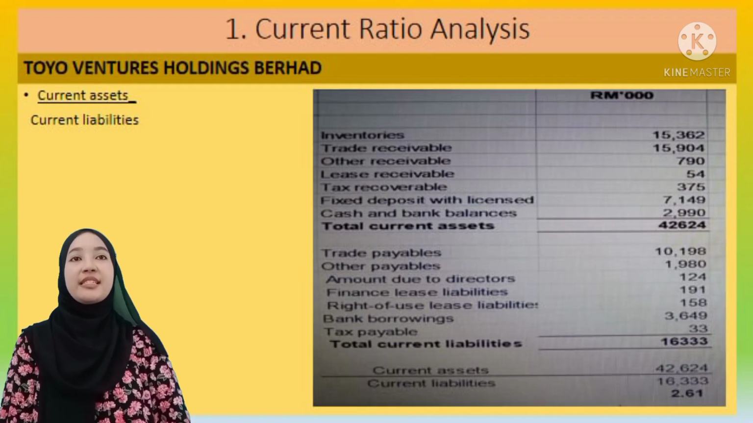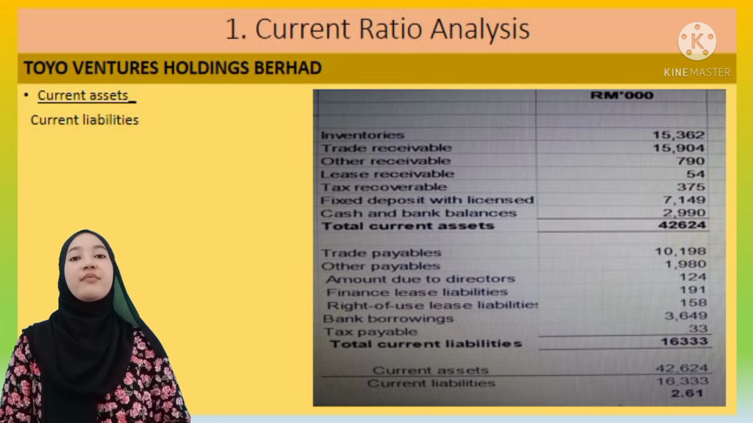Firstly, current ratio analysis. The formula is current asset divided by current liabilities. For Toyo Ventures Holding Berhad, the current assets involve inventories 50,360,000, trade receivable 50,904,000, other receivable 790,000, lease receivable 54,000, tax recoverable 375,000, fixed deposit with license 7,149,000, and cash and bank balance 2,990,000, and the total current assets